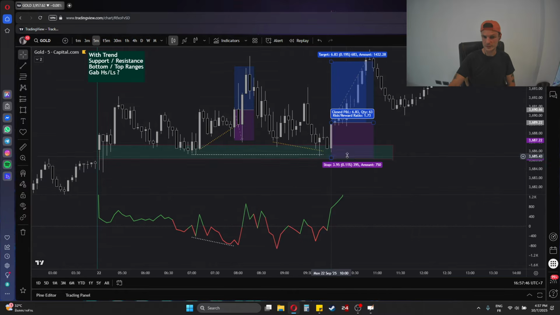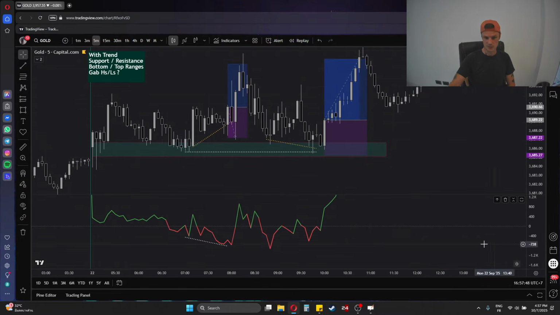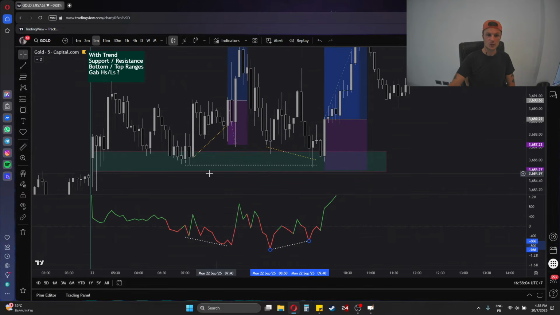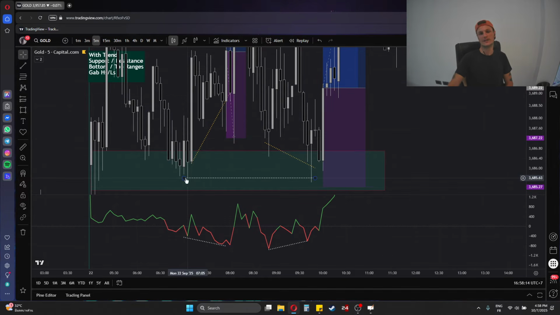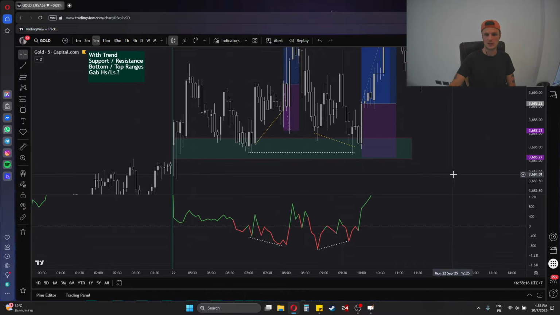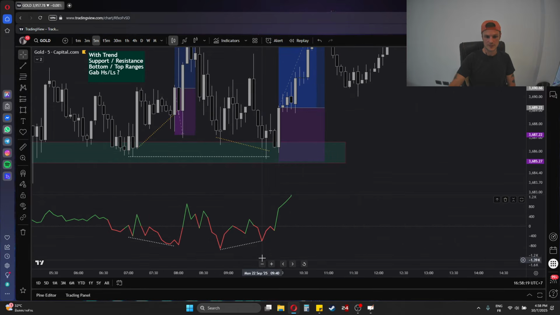So this is a very interesting trade for many reasons. So first of all, we have a divergence from this low to this low. We're going lower on price, but we're going higher on the CVD, meaning the sellers are not that interested in that move. But what also happens, we're actually retesting that level of support that we've been building that whole morning before the open, and we're grabbing a low, right? So we have a little bit of what you would call, I guess, a liquidity grab, or however you want to call it. But we're grabbing the low, and then the CVD is pointing back up at this point here,